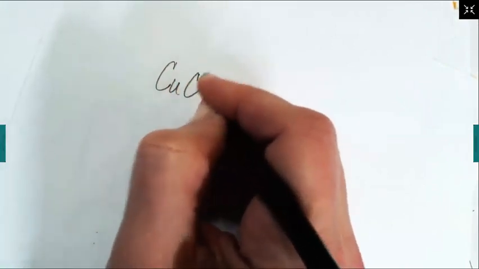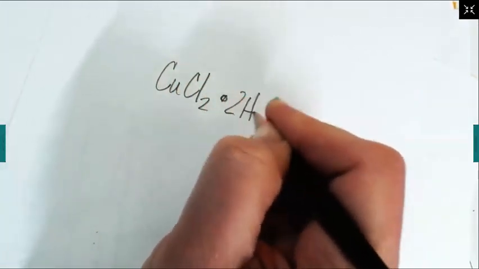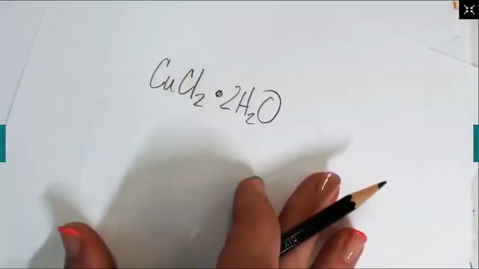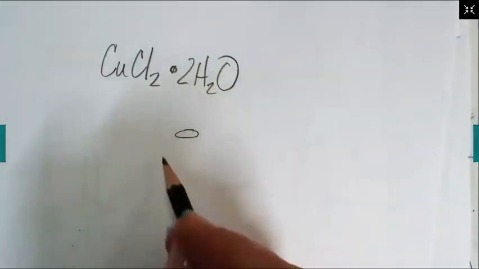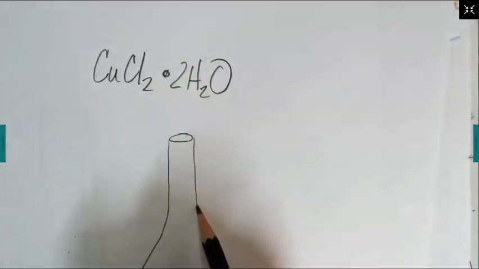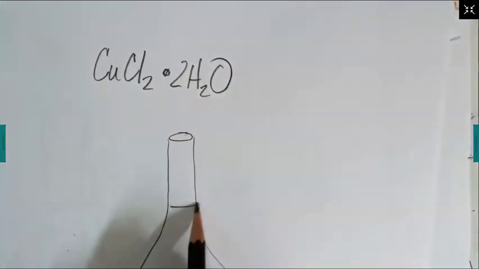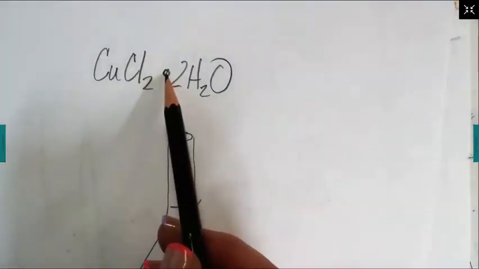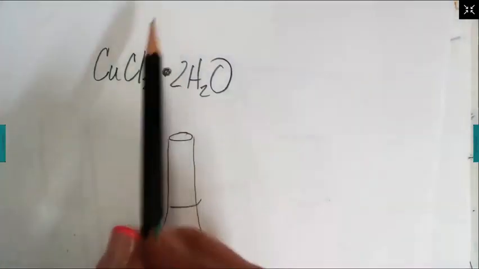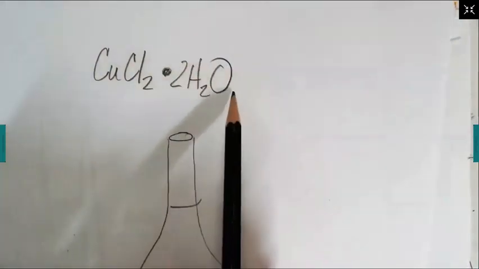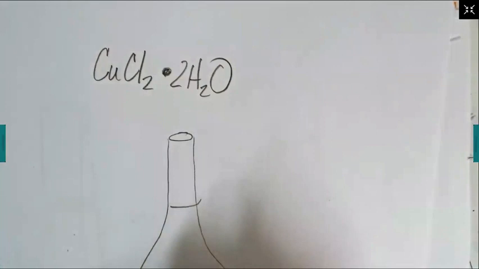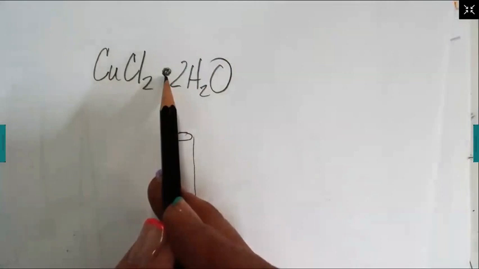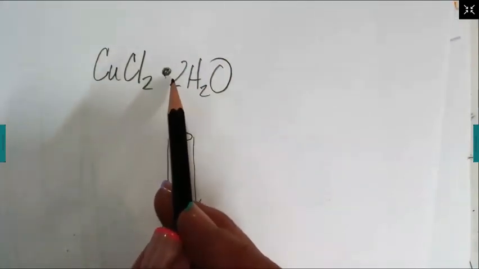So your question is, what exactly is the formula? Okay, so you're gonna take the CuCl2·2H2O, okay? And that's what you're going to mass and put in a volumetric flask, right? That means for every one of these crystals, two water molecules are in the crystal. It's not multiple, right? We've done this before.